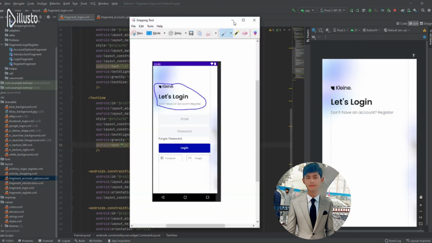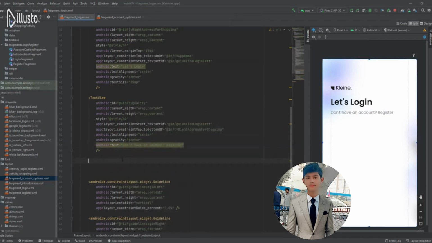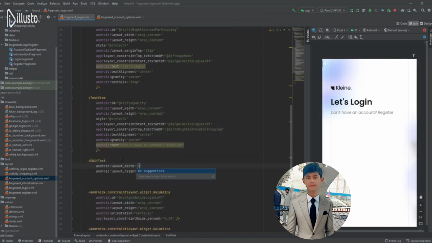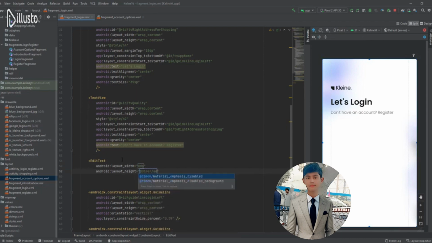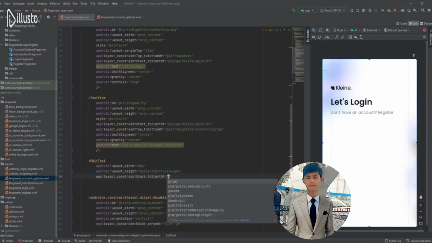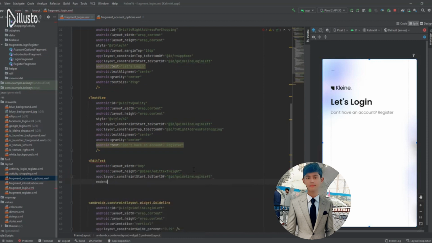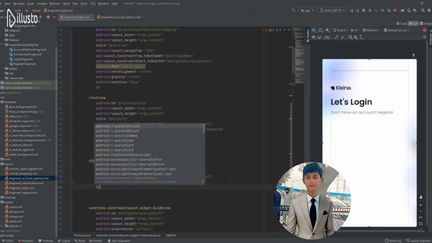So we have 2 edit texts. Let's add them. So edit text, the width is 0 dp and the height we can get from dimen, edit text height, and let's create that. This is gonna be 60 dp. Now let's add the constraints. Start to the start of the left guideline, end to the end of the right guideline. Right, this one, top to the bottom